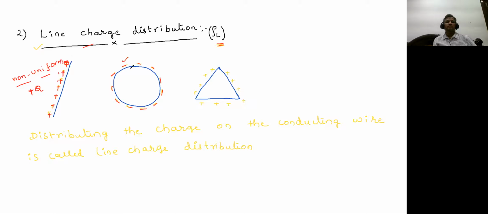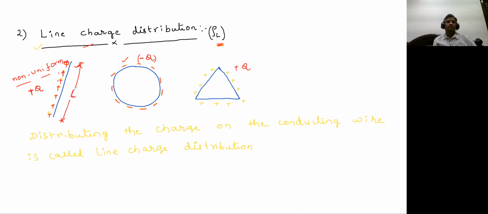And for example, if you take a line conductor in the form of a circle, the total charge here is also Q, but the change that you are observing here is, as the charge is a negative charge here, you should always take this as minus Q. And on the triangle, you should take the total charge as plus Q. But we'll try to define this rho L for this particular case, because this is a straight conductor. At least we can say that the length of this will be L, and for the analysis, this particular one will become easy for us.